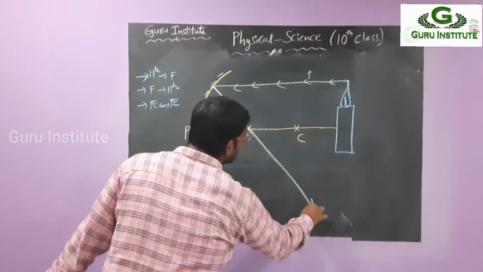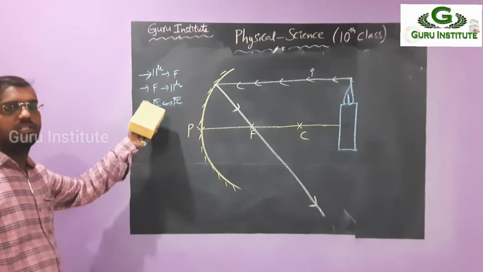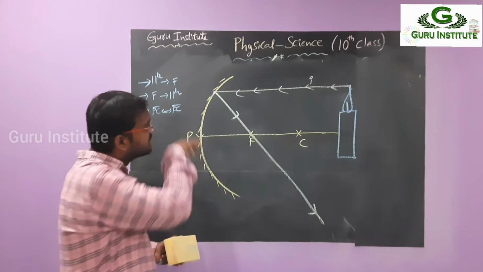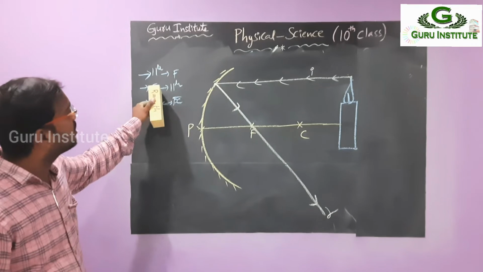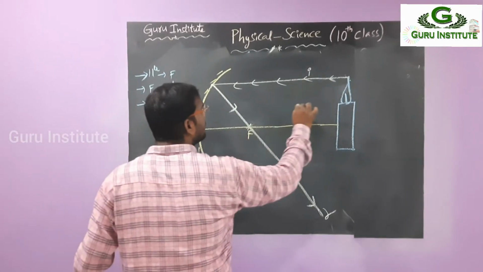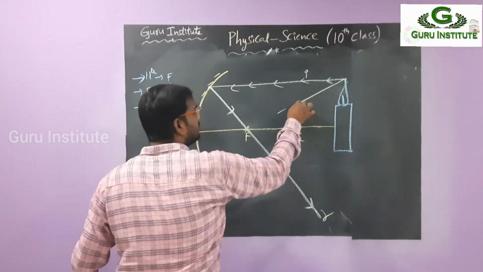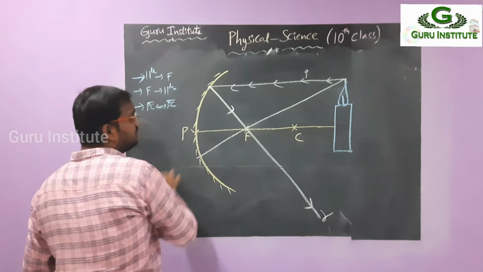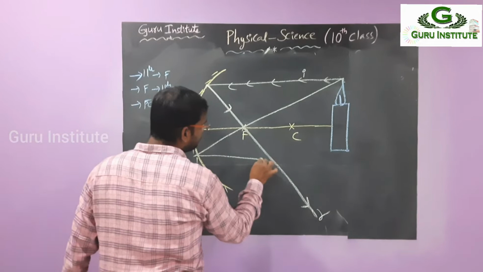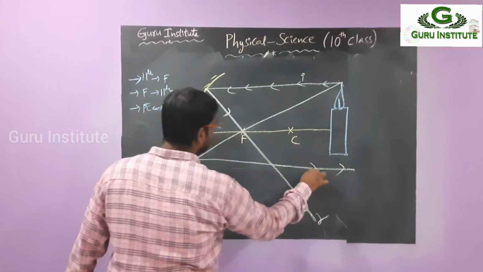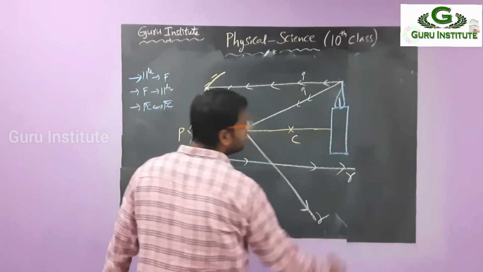Every time you need not check the N, angle I and angle R. That's why we are deriving these formulas. So this is the incident ray and this is the refracted ray. What is the second point? Passing through the focus, parallel to the principal axis. This is the focus. So I have to draw this. These are another incident ray and another reflected ray.